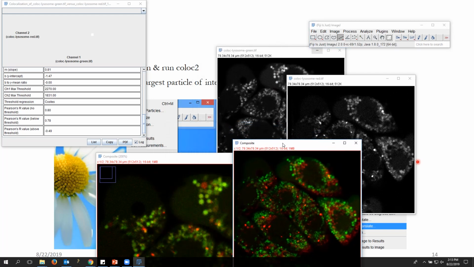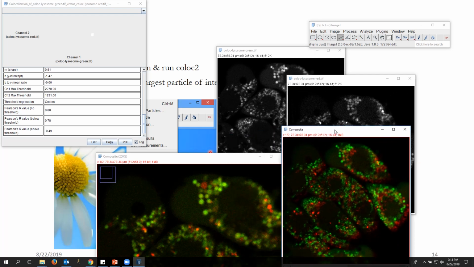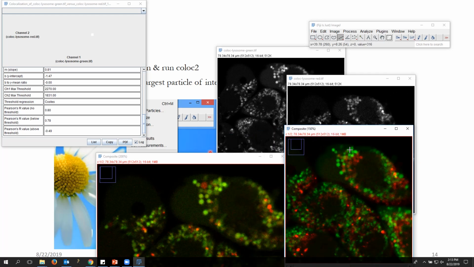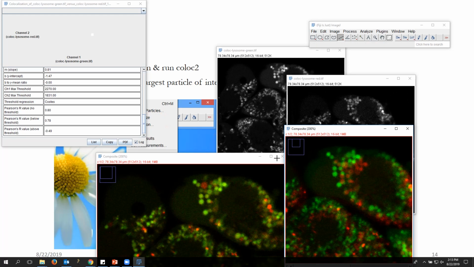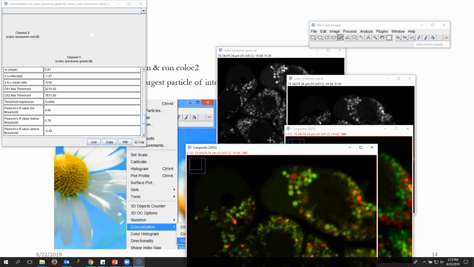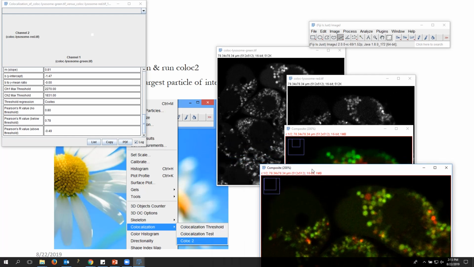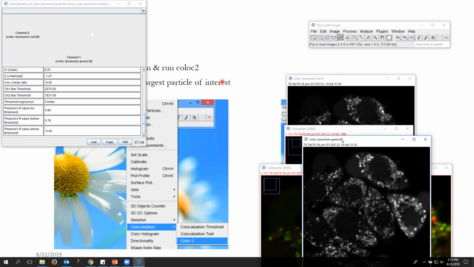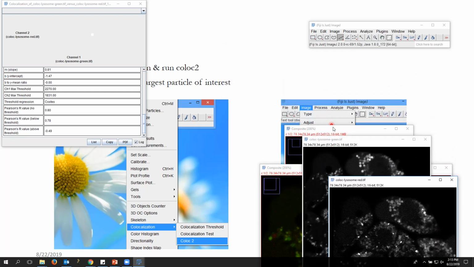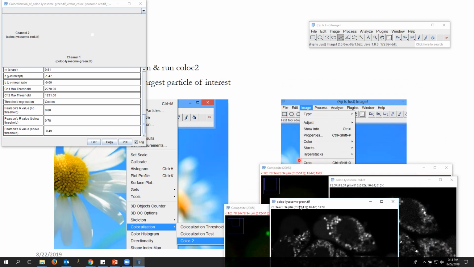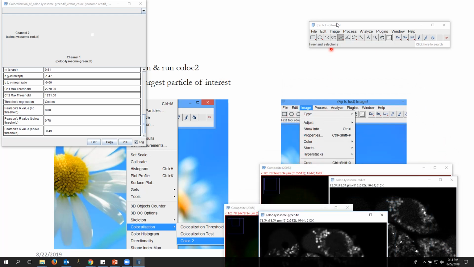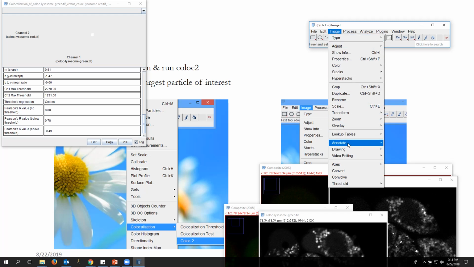And while it is running, we can have a more zoomed in look at it. It will take some time but very soon it should show up. And while it is doing all of that analysis, let's have a quick look here. The way to get to the translate option was go to Image and Translate.